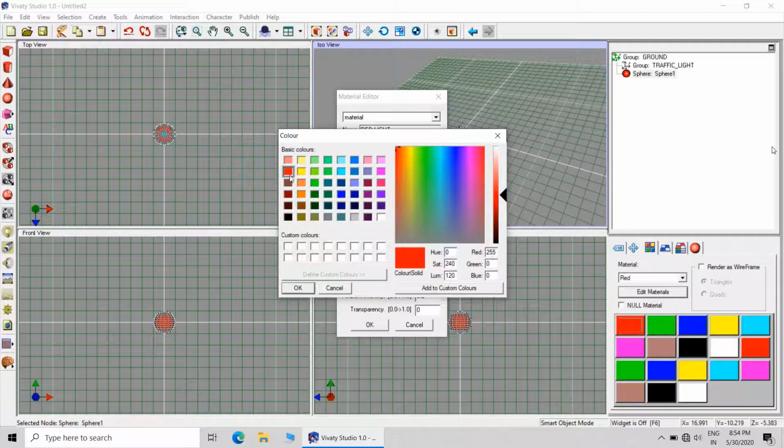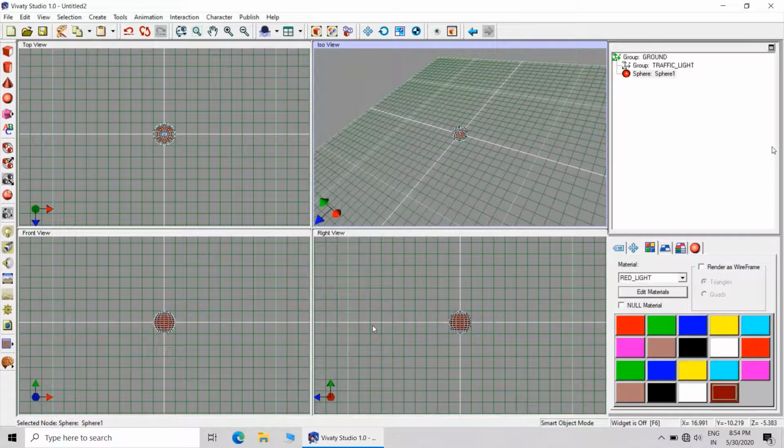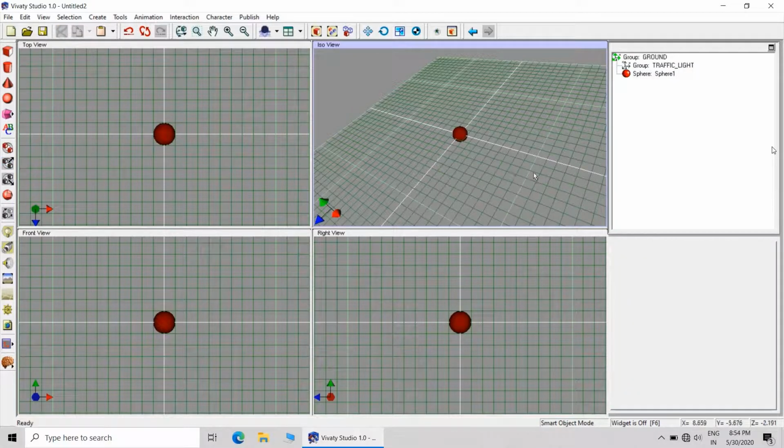So this is a red, but I will not use a pure red. Instead, I will be using a shade within the red color, like this. Now I want the diffuse color value to be 0.500, like that.